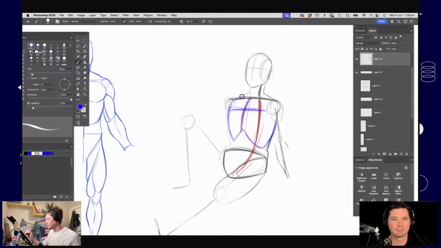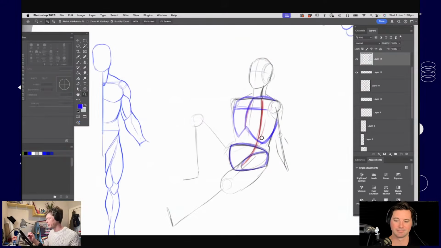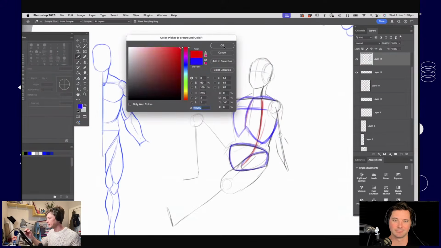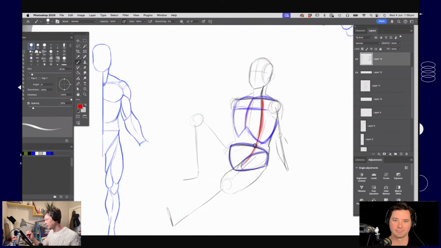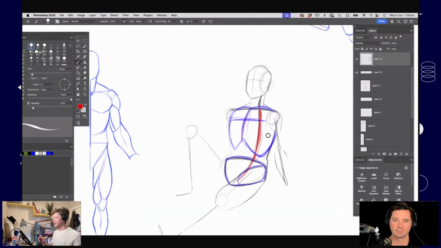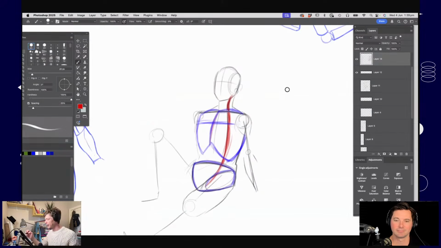So if I'm drawing in the rib cage in blue here, I'll do the same for the pelvis, just so we can see those points. But it's really helpful imagining the spine, even though we can't see any of it from this angle. It gives us a sense of what's that main directional line through the body. And it does curve as well.